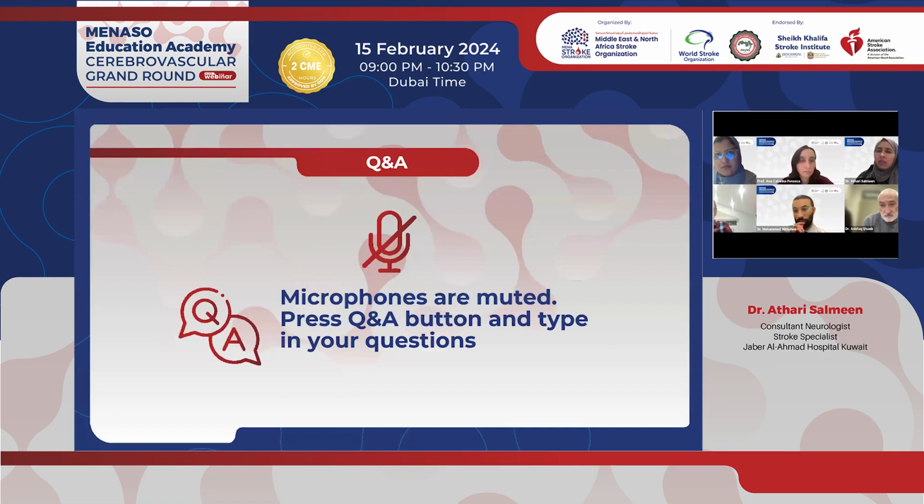Keeping it in the same kind of scenario, we have also a question about antiplatelet and end-stage renal disease for secondary prevention. Since there is platelet dysfunction, even with extensive dialysis, does antiplatelet help or not?